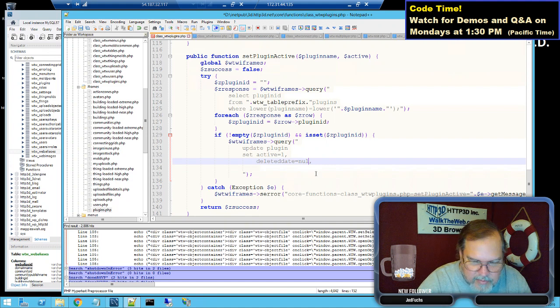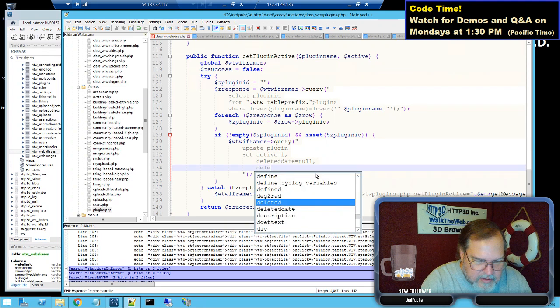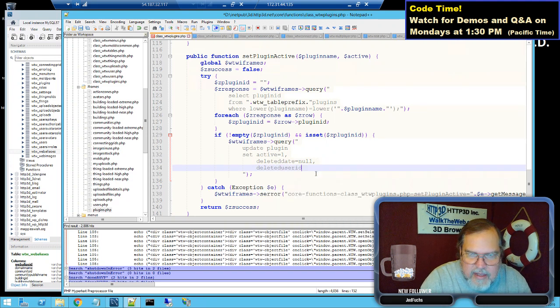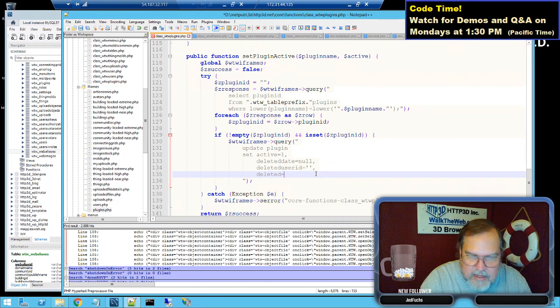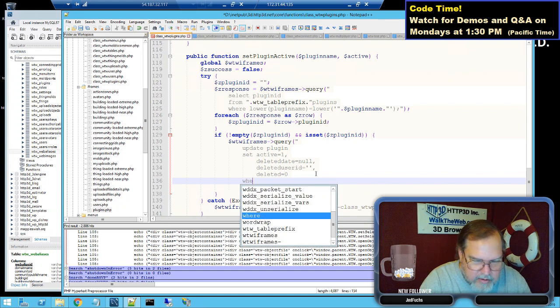Dang, I typed two L's, come on. And then deleted user ID equals blank, and deleted equals 0, where